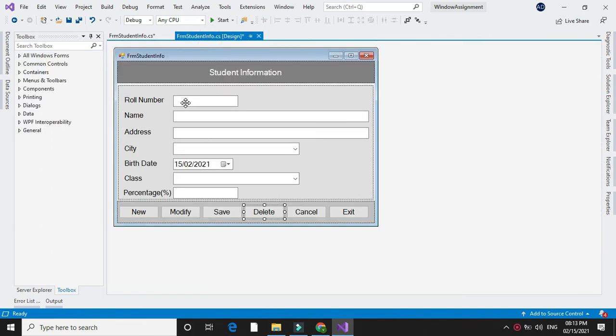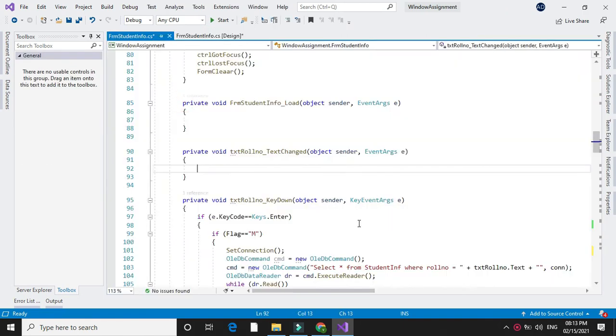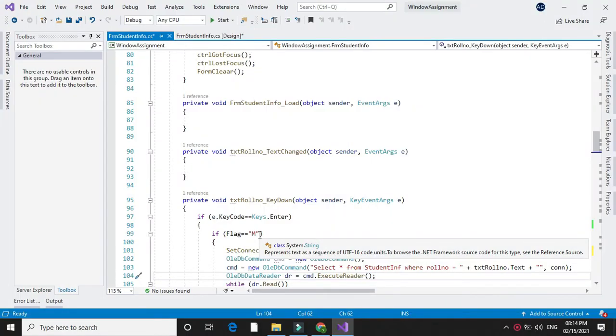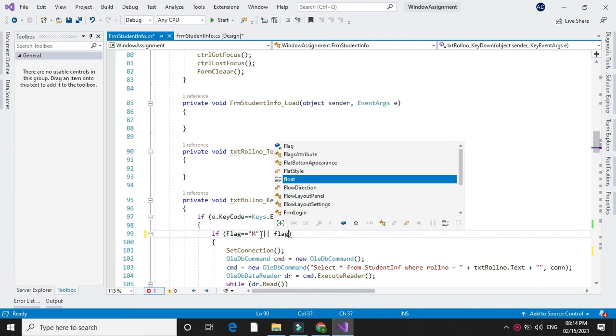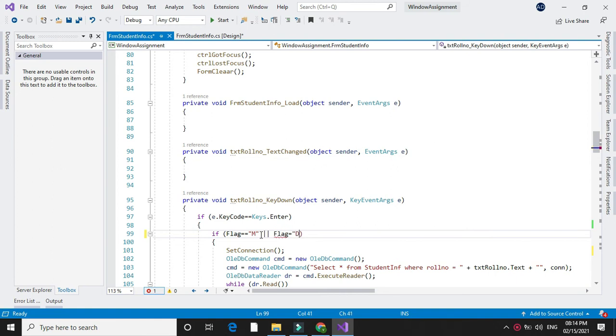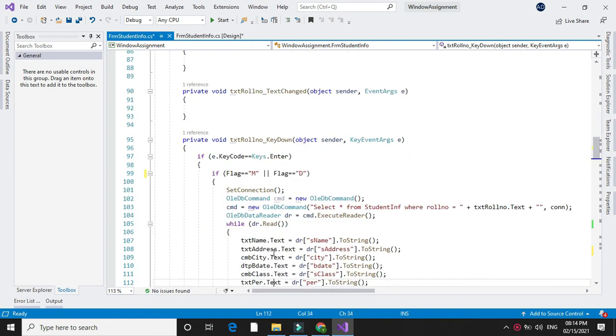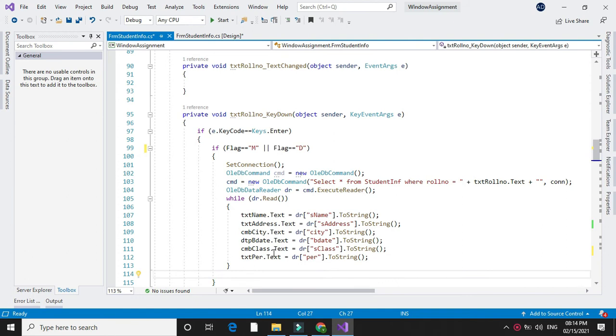Now on the roll number's key press event, here we have checked if flag is M, it will display the data. Here we will add the condition if flag equal to M or flag equal to D, it will display the data. And under this we will check if flag equal to D,